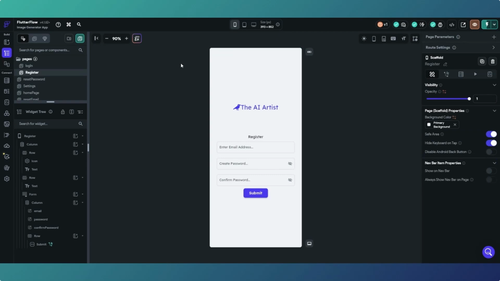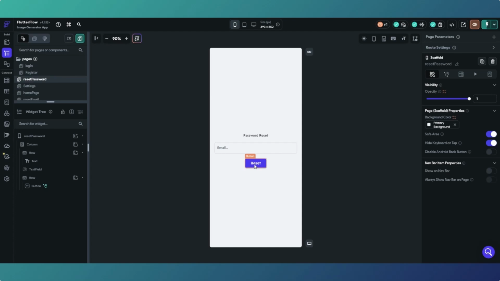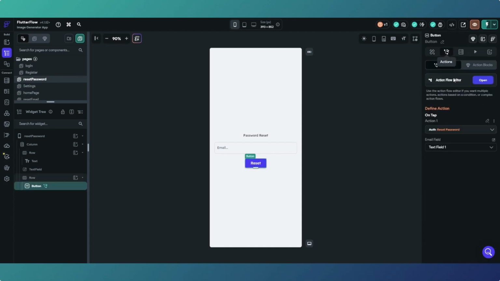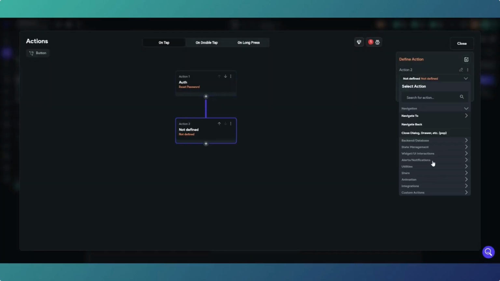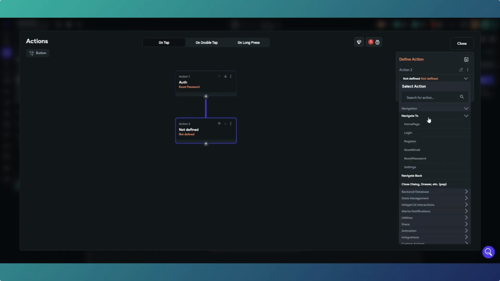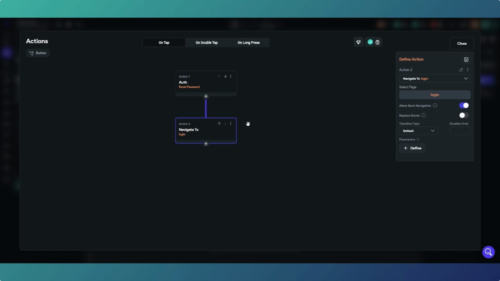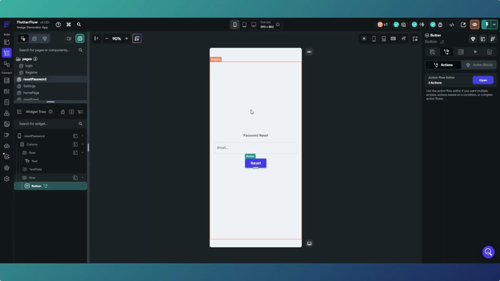Okay, so before we go ahead and test this, there's a couple more things you just need to do. On our reset password page, we want to add another action, and that is a navigate to our login page so we don't get stuck on the password page. So that'll be that. And then